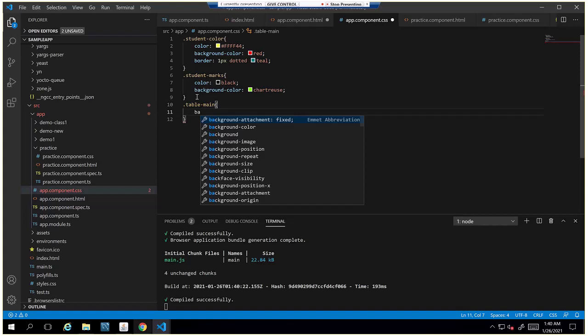You're going to use that class main to do all the styles in the CSS. And instead of writing classes for each element, we can directly use, for this tr, what could be the style. We can directly use the tr tag. What is the color for this? So I can specify color.